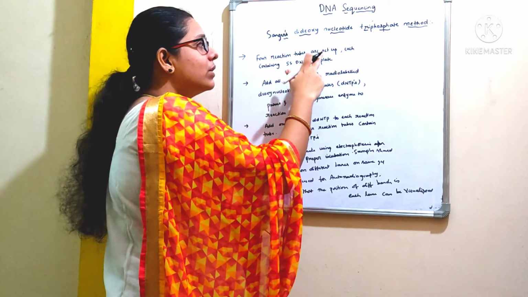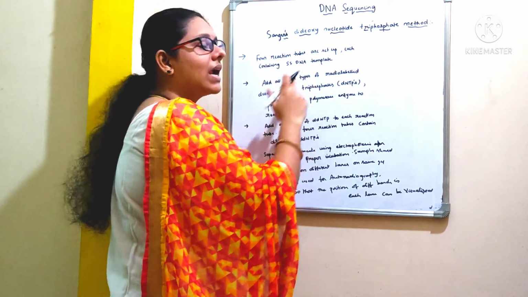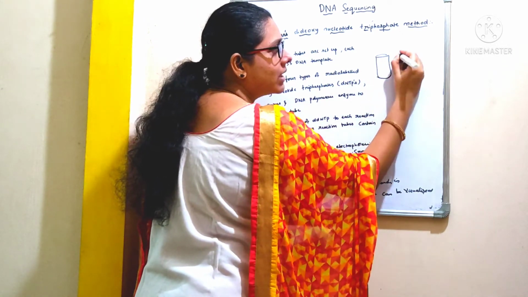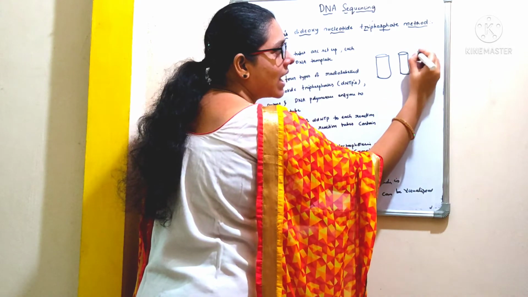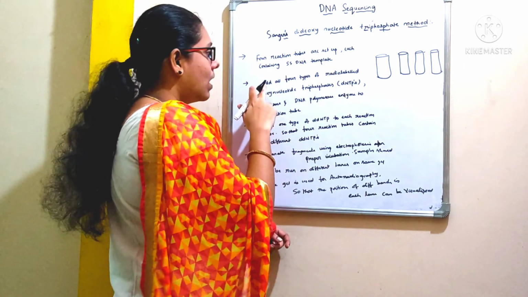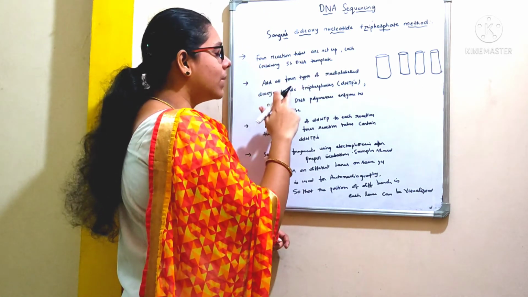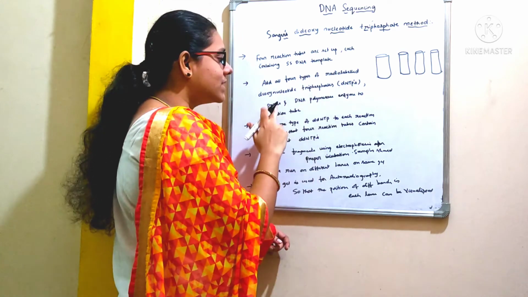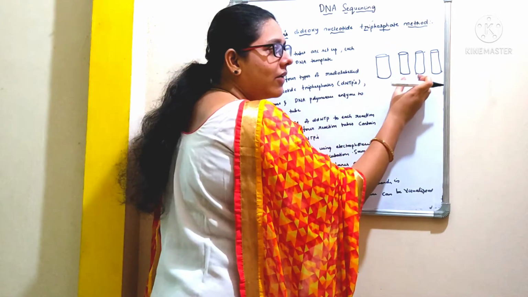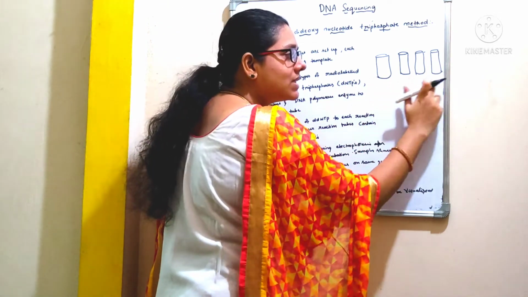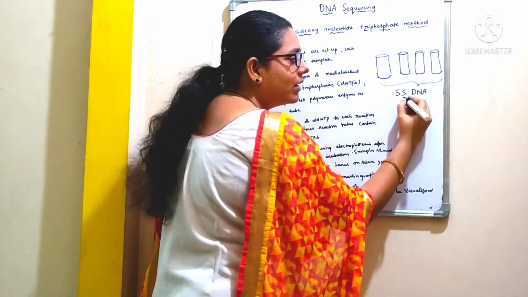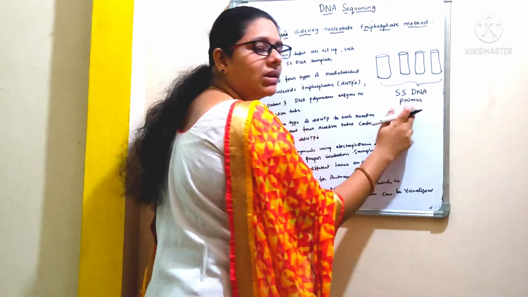Four reaction tubes are set up, each containing single-stranded DNA template. Now what are we supposed to do? We need to take 4 different test tubes, each containing a single-stranded DNA. Add all 4 types of radio-labeled deoxynucleotide triphosphates, primer and DNA polymerase enzyme to the reaction tube. So now we have 4 different test tubes, right? All these test tubes are added with single-stranded DNA, which acts as a template, and we are going to add primer to initiate the process of replication.